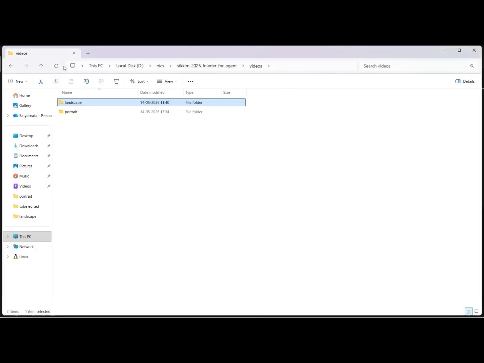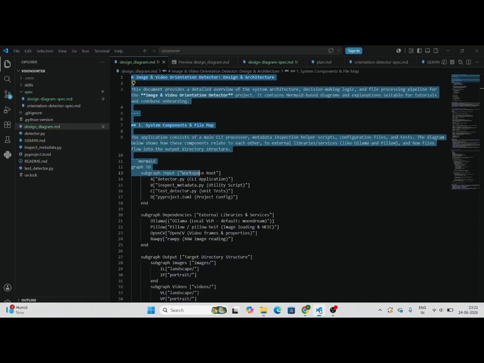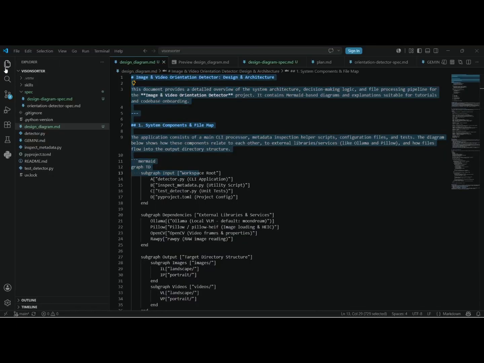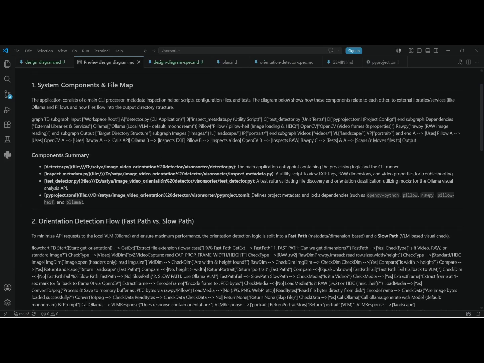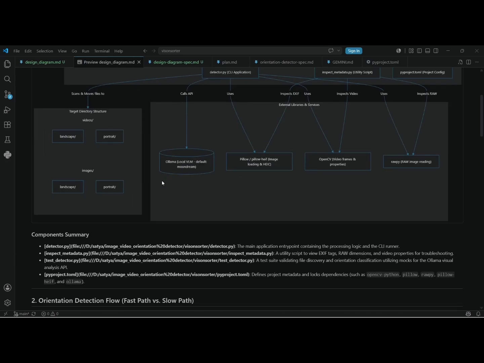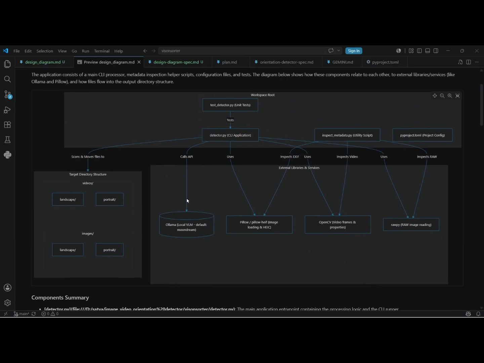There were over 4,000 images and videos from my recent travel with my family, and if I wanted to sort them by hand, I could, but it would take time. So I used a coding agent to create a very simple agent for me, which can rearrange this stuff for